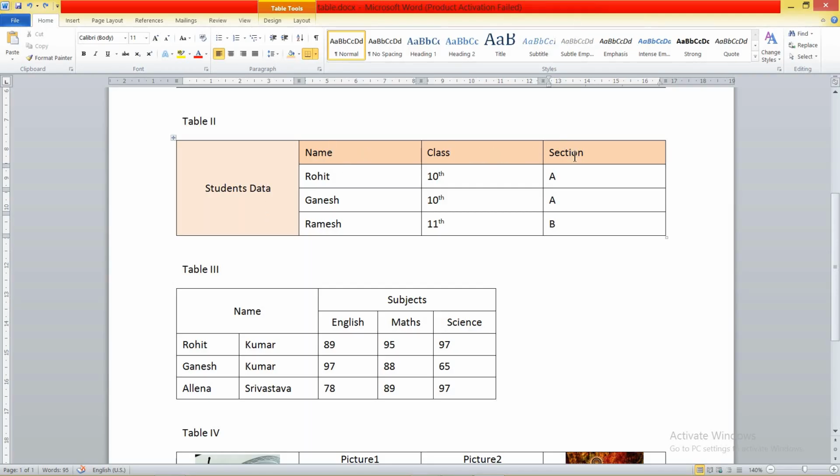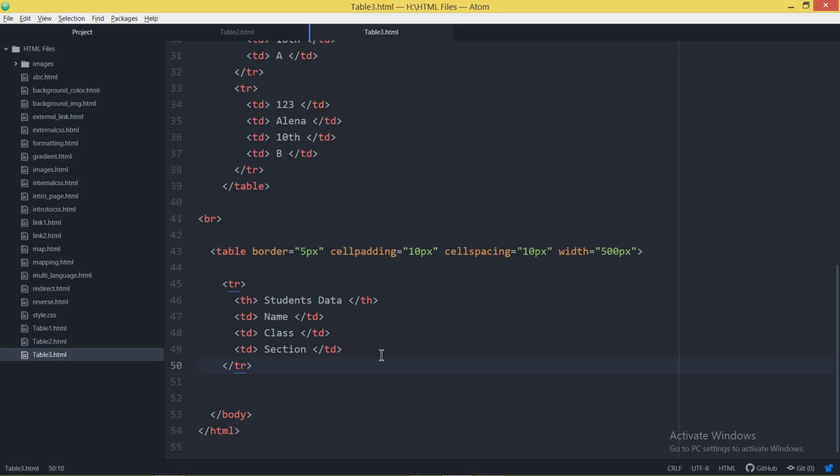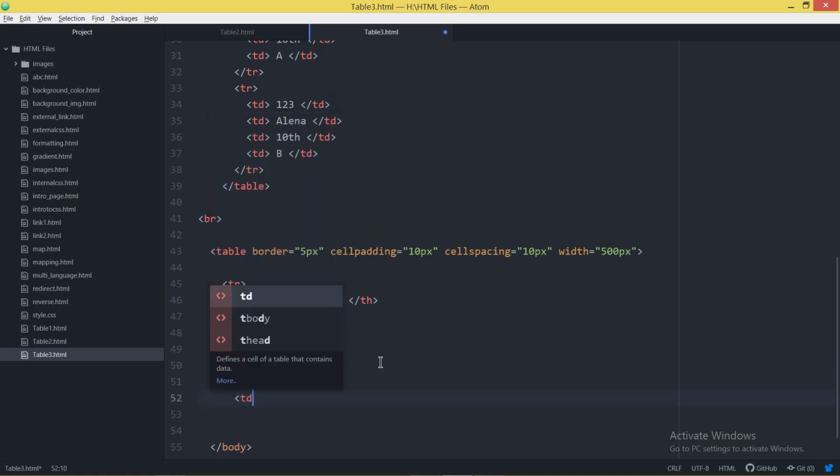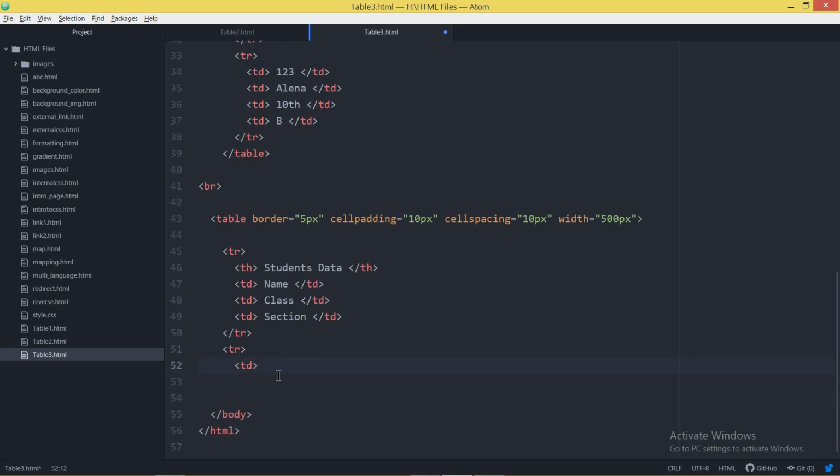Now what about this one? If I talk about the second row, it has only 3 cells. This is 1, second and third. We don't have to repeat this particular cell again. If you have given this in the first row, don't include this in any other row. It means the second row has only 3 cells. When we talk about the next row, you just have to mention 3 cells over here.